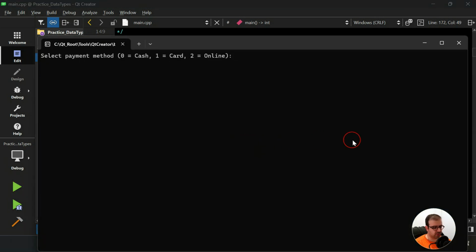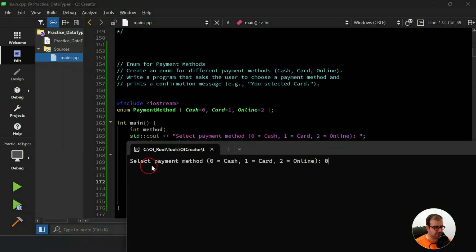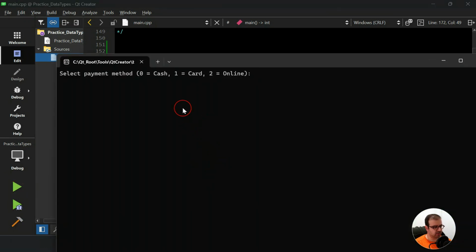So when I run this code and I enter 0, for example, as you see, it says select payment method, 0 for cash, 1 for card, and 2 for online. So I enter 0, it says you selected cash. So here is the cash. And if I run the code one more time, select the payment method, I enter 1,